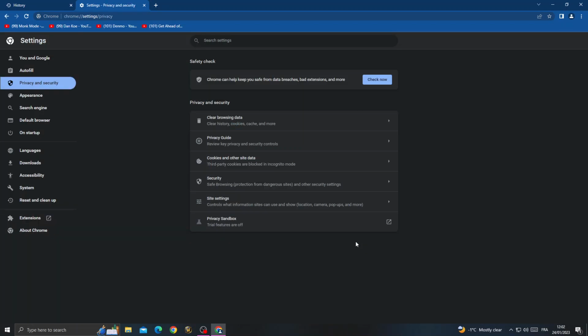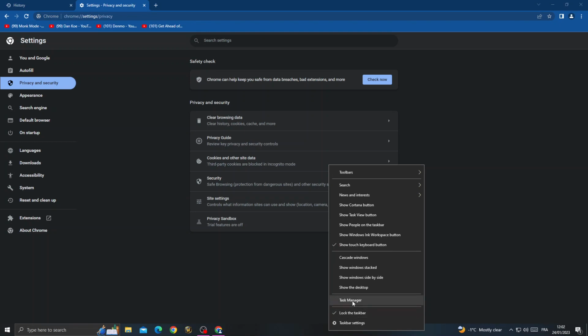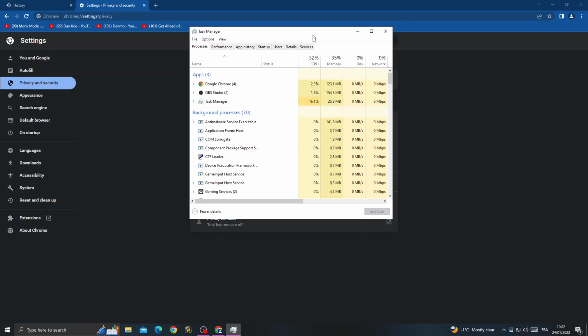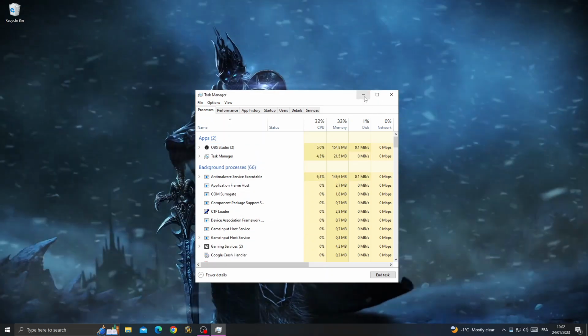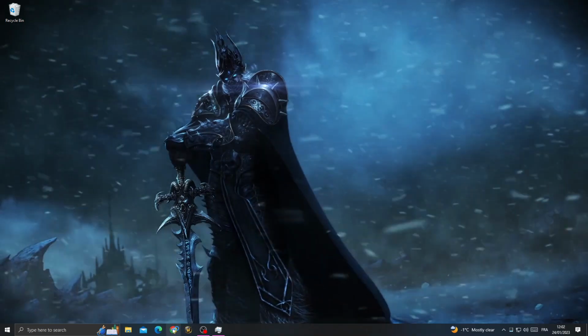After that, right click on this bar here, click task manager, and here select your browser and right click on it and end task, and that's it. Now just open it again,